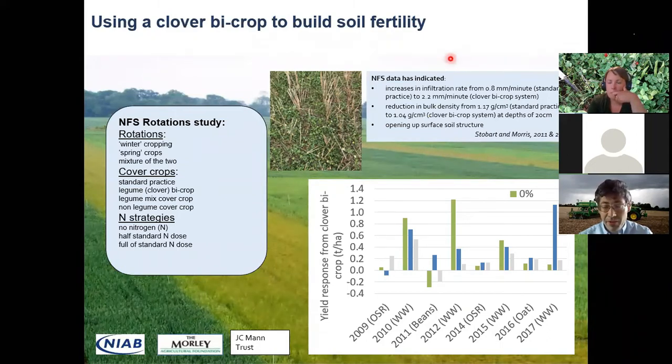Both of those, we've seen benefits from the clover in terms of opening up the soil surface structure. In terms of yield performance, we do see some variable levels, and these are preliminary results. We are in the process of drawing longer term conclusions from this work, and we're going to look into some detail as to why we may or may not see those differences. But at the moment, we're typically seeing the stronger responses at the lower nitrogen approaches, which is typical with clover, because higher fertility levels with applied nitrogen will reduce the impact of that within the crop.